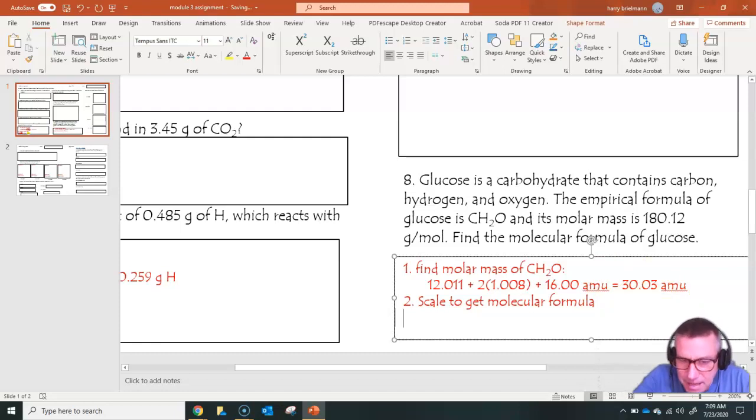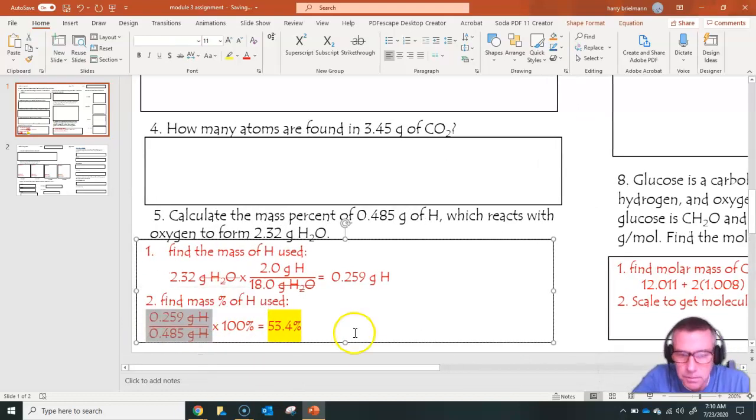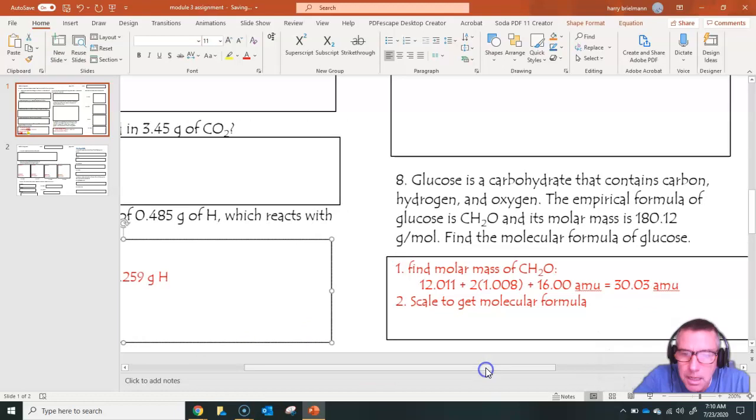But technically you divide the molecular mass by the empirical formula mass, and that should give you some scaling factor, right? So I will maybe copy from my little fraction that I had here so I don't have to do too much from scratch,